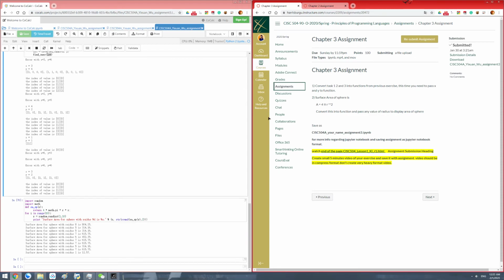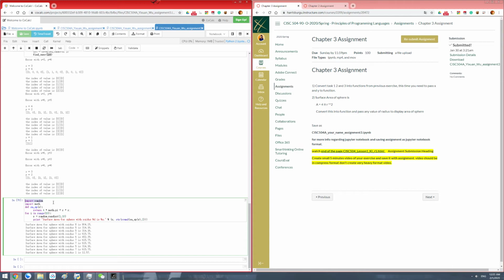And the last one will be this, to calculate surface area for a sphere, and same thing, import the random library, and we need to import the math library here, so we can use pi. We can use the number pi. We can use pi, and we'll create a function called